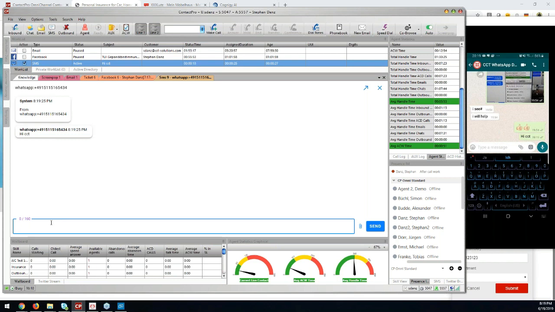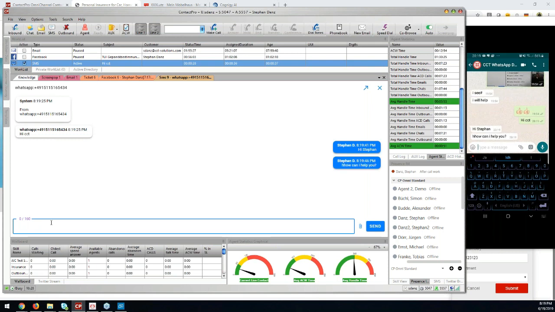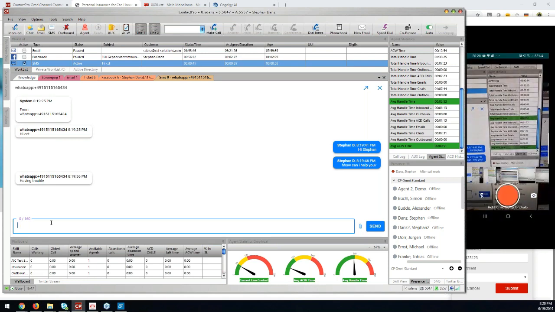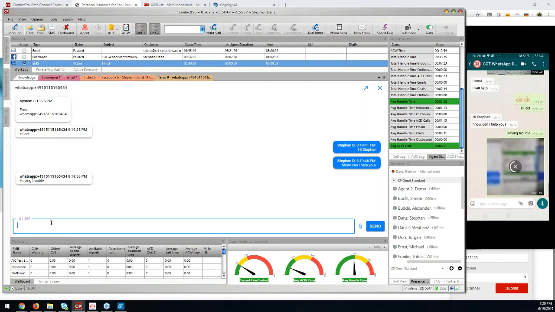So we can get into the conversation, say, "Hi, Stefan, how can I help you?" And this customer is saying having trouble. And what is the best way nowadays to share an issue? It might be just taking a picture and send it over. So what I will do is I will take a picture and will ask this agent, "Why is this line green?" Okay, I will send this over, and our WhatsApp channel and module is